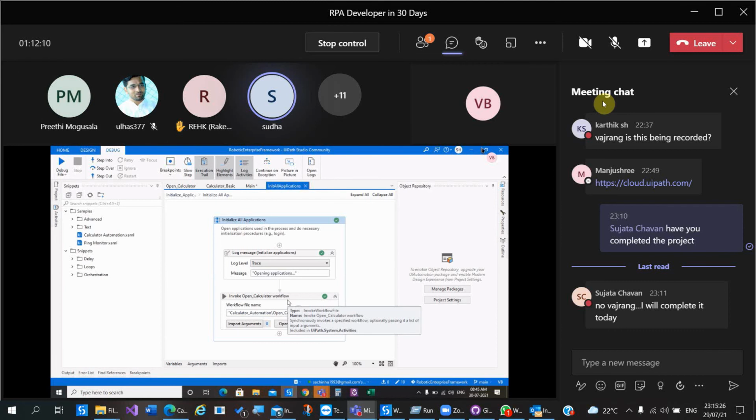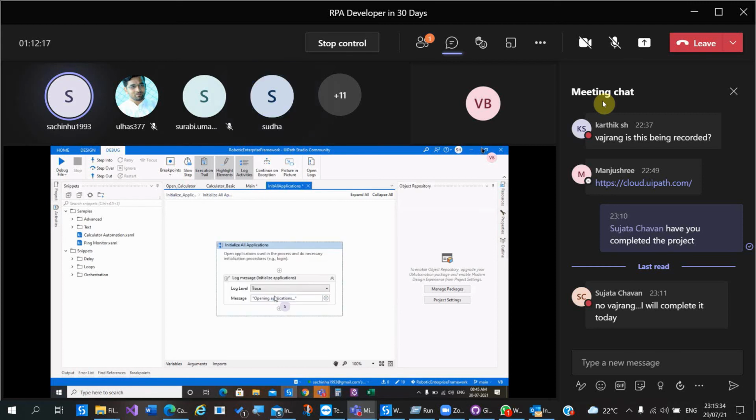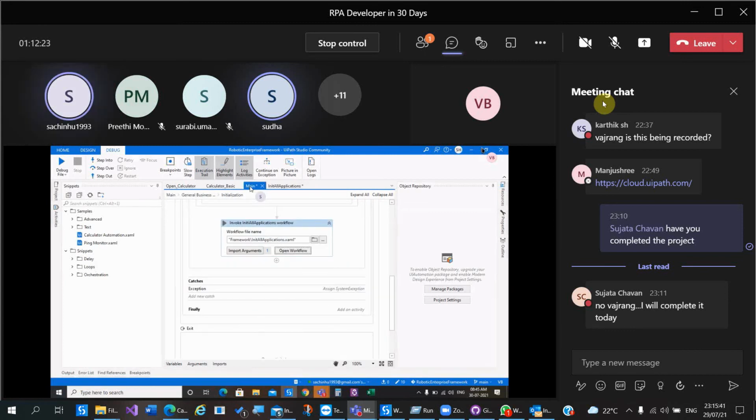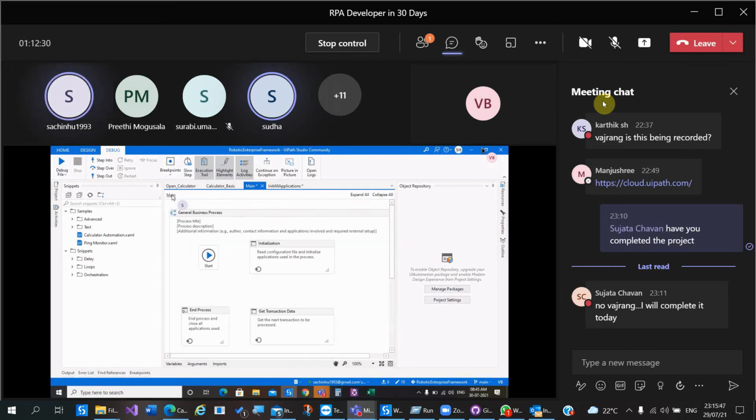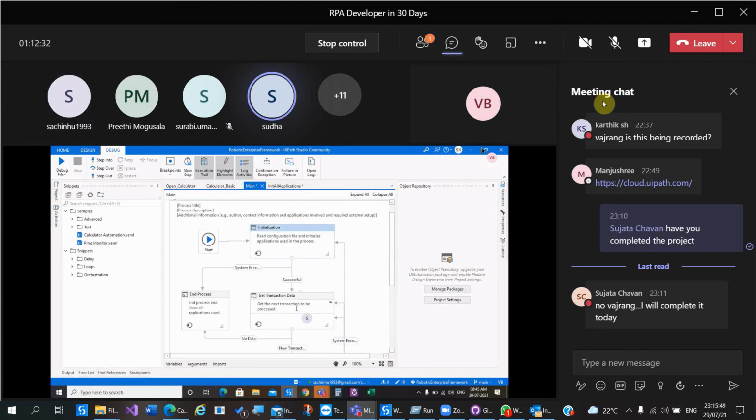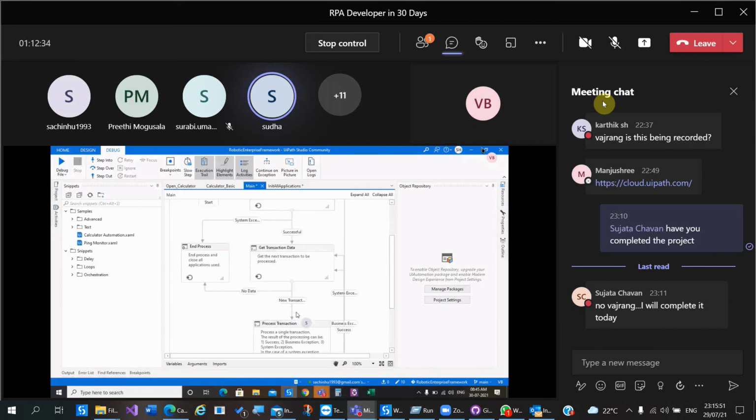Sachin, remove the open workflow calculator here. Yes, delete it. And then go to main. Complete main. And then go to process transaction state.